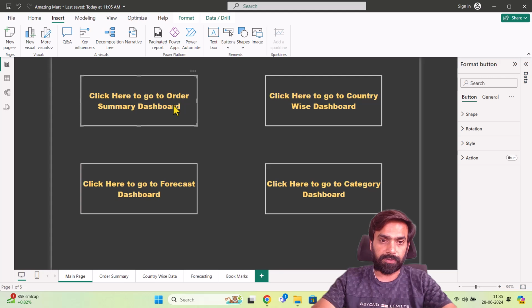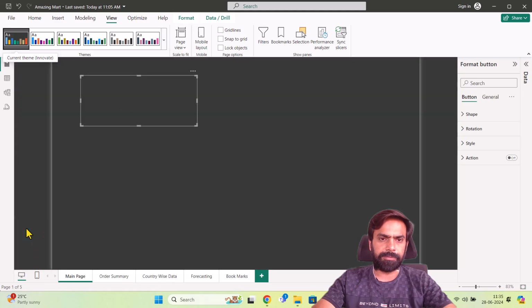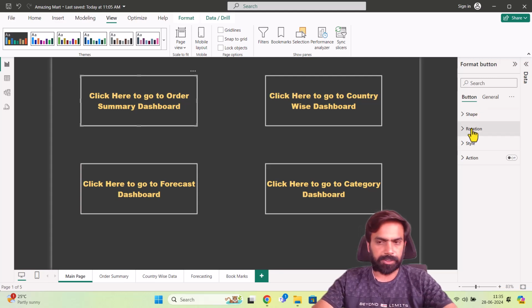So I'll just click on the first button. Now you might not be able to see, but I think this small icon over here is indicating that the button is selected. I'll change the view to the normal view. That way, does it give me a better view? Okay, it is anyways not giving me a very good visual hint that that particular button is selected, but no worries. I'll just click on one button,